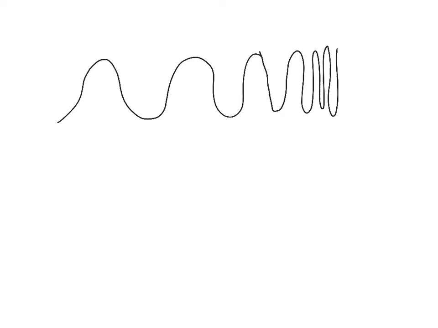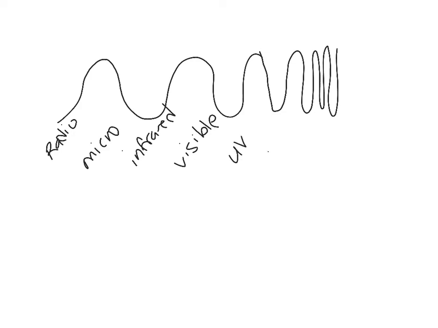We labeled them: you have radio, then microwave, infrared, you have your visible light that we see as colors, UV, X-rays, and gamma. We talked about how there's a deciding line in between visible and UV, between non-dangerous and